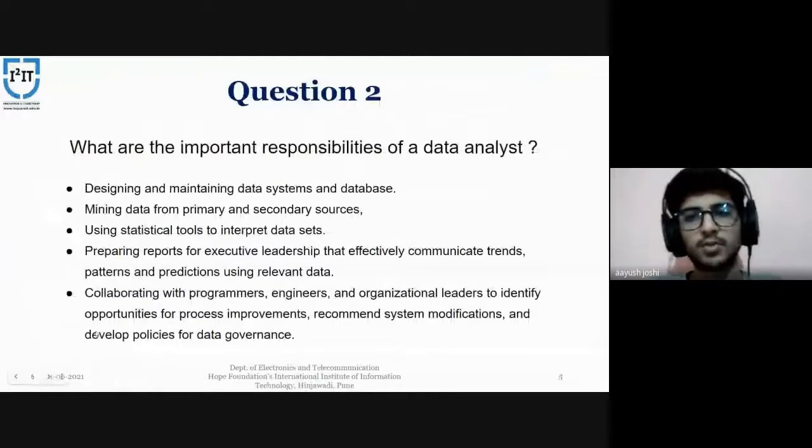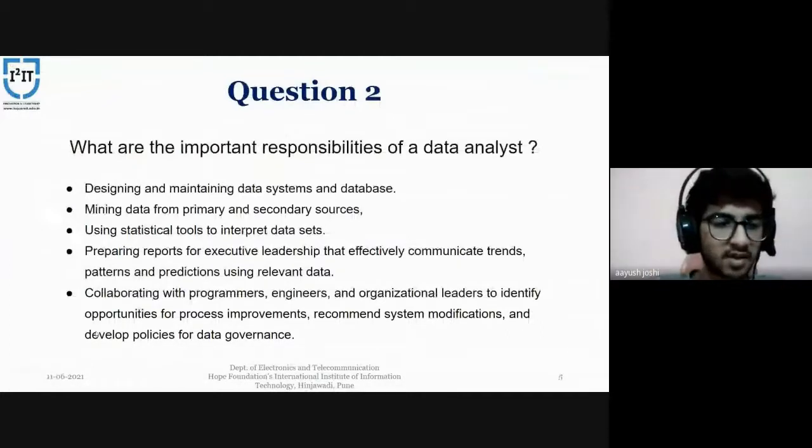What are the important responsibilities of a data analyst? The responsibilities include designing and maintaining data systems and databases. This includes fixing code errors and other data related problems as well. Mining data from primary and secondary sources, then reorganizing the data into a format that can be easily read by humans as well as machines, using statistical tools to interpret data sets, paying particular attention to trends and patterns that could be